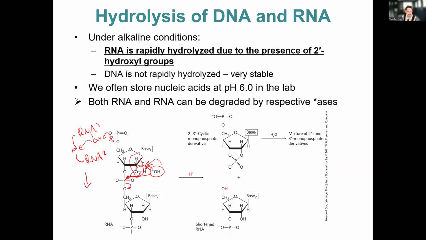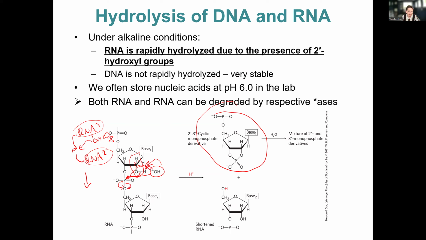The phosphate will then break its bond with the next nucleotide and form a bond with itself, causing a cyclization. So as you can see, between RNA base 1 and RNA base 2,